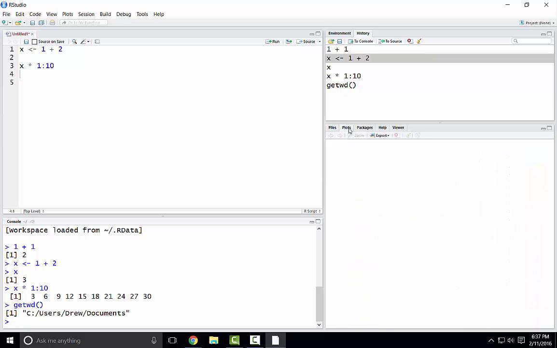There's another tab here, plots. This is where the results of plotting things are going to appear. So we plot things in R in a variety of ways, but the easiest way to do it is to use the function plot. And I'm just going to make some random numbers and